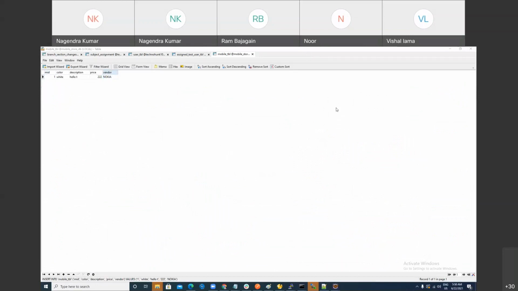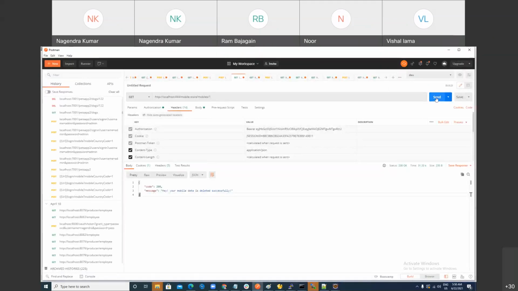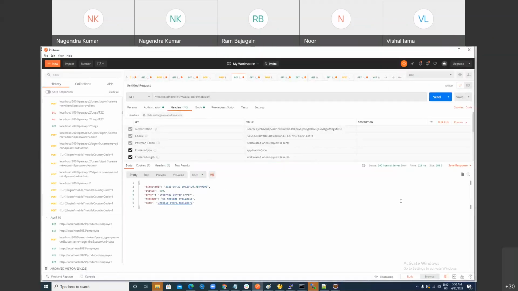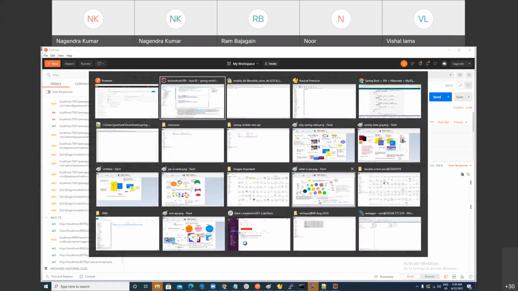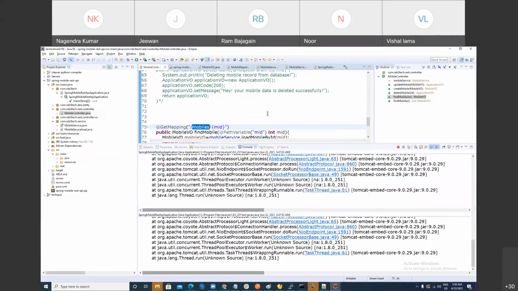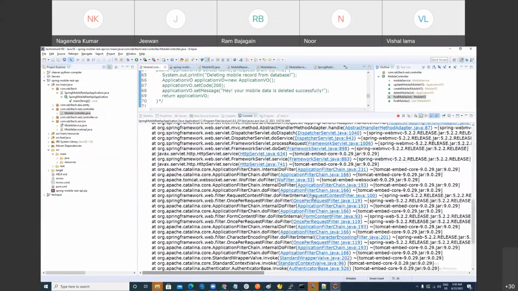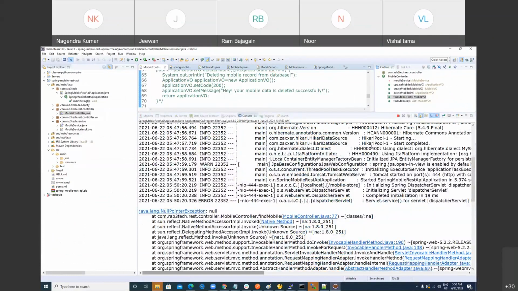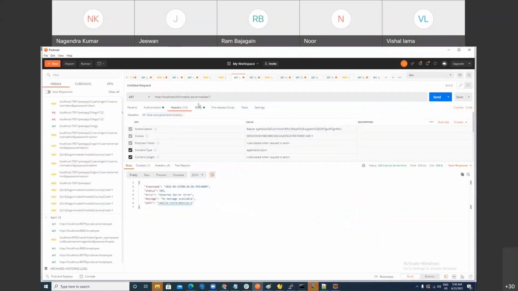Okay, let's try. I'm coming to Postman and clicking on this. There is an error coming. The URL is wrong? No, that's fine. When 500 comes, here I mention mobile store mobile/1. Everything is fine. 500 means your request goes to the server, but there is some problem